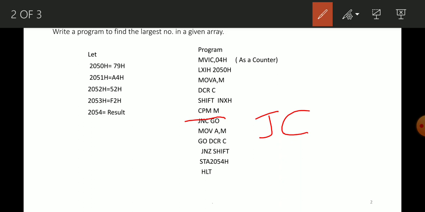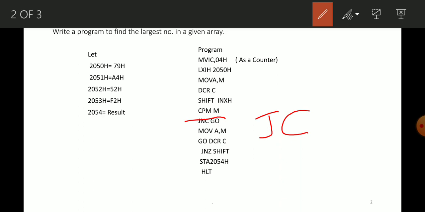So it is all about the largest number and smallest number in a given array, and I will give you a next assignment, which is a very lengthy program. Let's suppose we have a data array, like if we have 4 numbers, and we have to arrange these data in ascending or descending order.